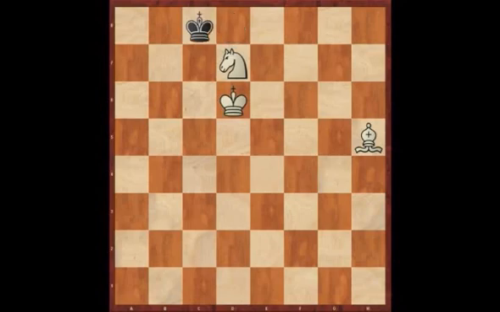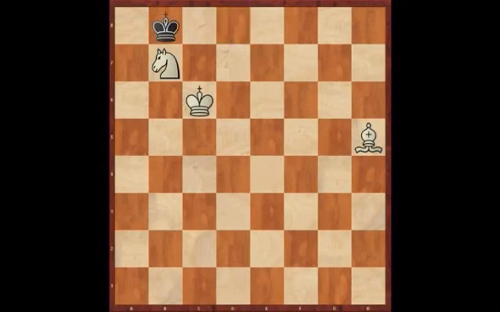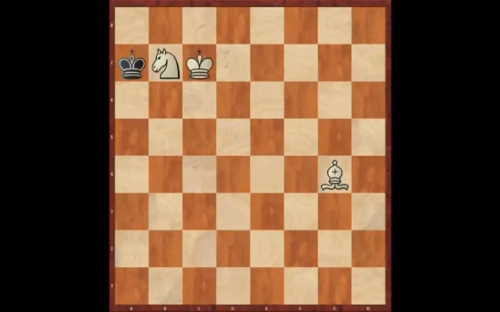Now comes the familiar knight manoeuvre, knight c5, king d8, knight b7, king c8 and now king c6. And as you can see, the black king would love to go to d8 in this position. Unfortunately for him, he can't, so he's got to go to b8, which is precisely where he doesn't want to go. Alright, on with the show. Bishop g4, king a7, and now this is a move weaker players have difficulty with, king c7,